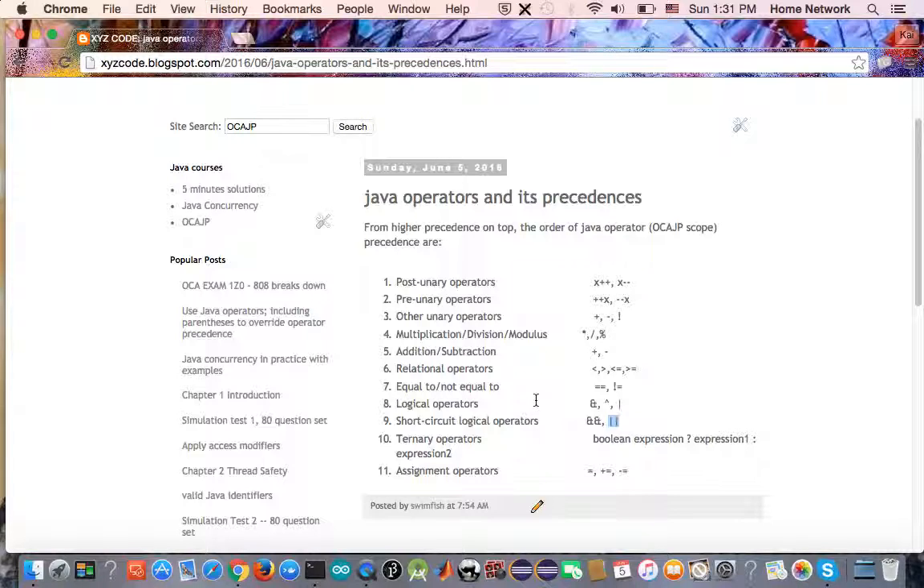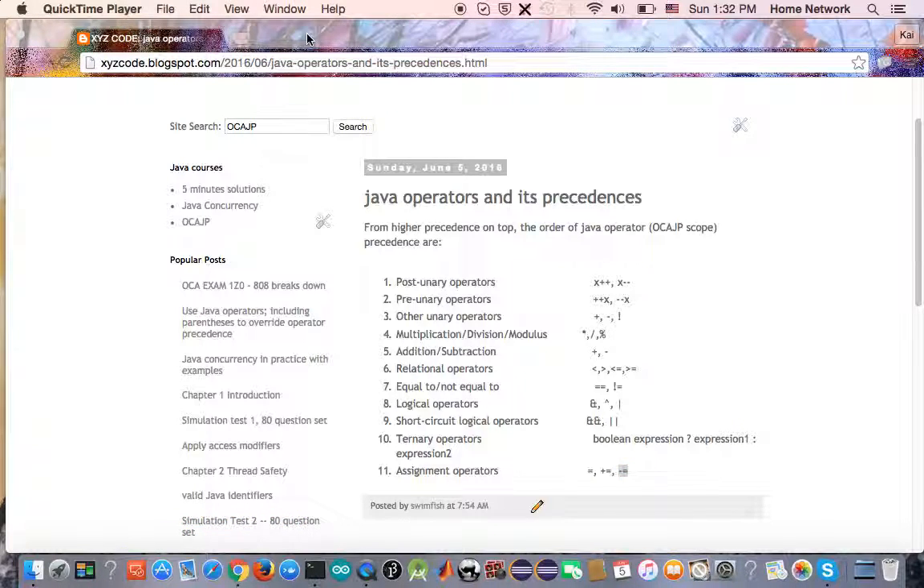Okay, the next one on the list is ternary operators. Boolean expression, question mark, expression 1, colon, expression 2. So when the Boolean expression is evaluated as true, expression 1 is executed. Otherwise, expression 2 is executed. Next one on the list is assignment operators: equal, plus equal, minus equal. That finished our topic of